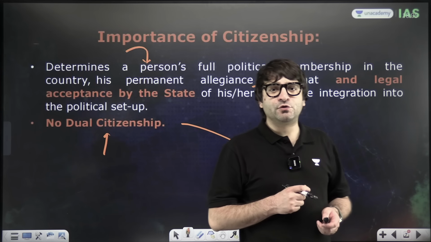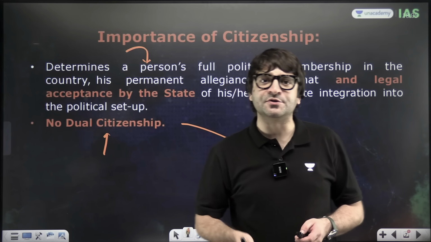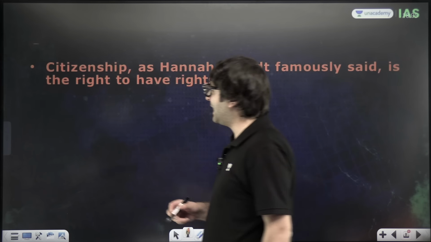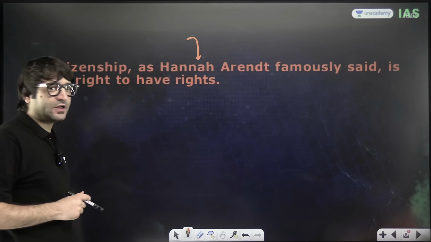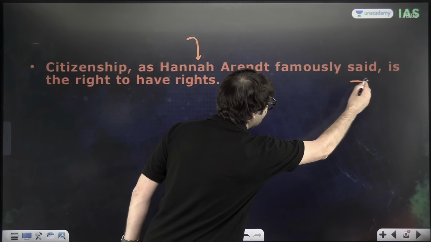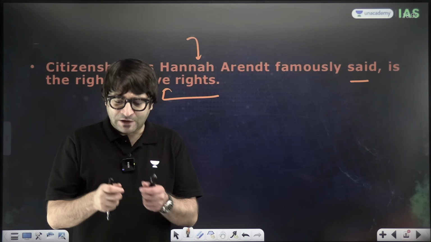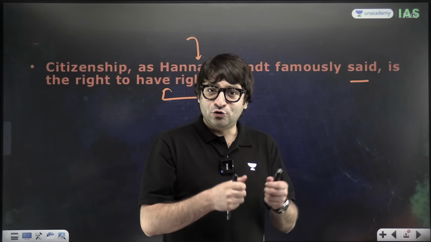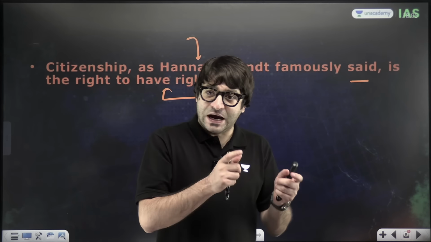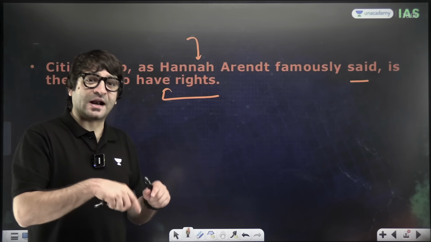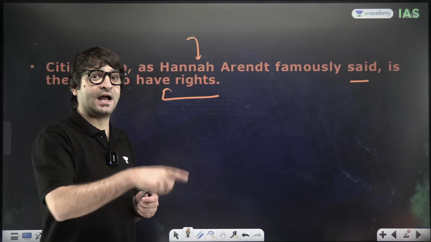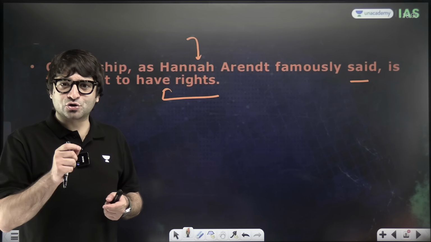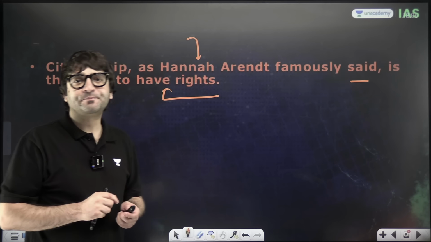Even then, you may be confused as to what do we mean by citizenship. For that, there is a beautiful definition of citizenship given by political theorist Hannah Arendt. According to that definition, citizenship is the right to have the rights. Once you have citizenship, then you have the right to claim government jobs. You have the right to contest elections. You have the right to vote in the Indian elections. You have the right to buy agricultural land. You have the right to go for mountaineering, for research purpose. So citizenship, long story short, is the right to have the rights.